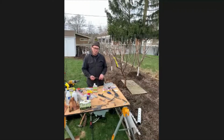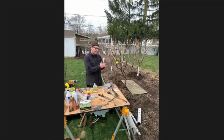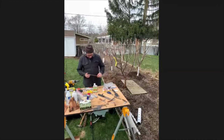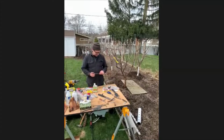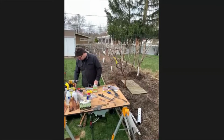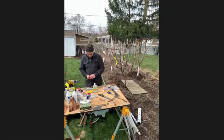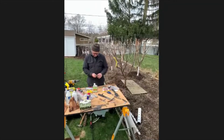The apples tend to be more responsive to the different types of rootstock. So, again, you can get rootstock that is going to dwarf the tree significantly, or you can go with a standard size that will still give you a 40-foot, 50-foot tall tree if you want. So this is a cherry stock, and this is Gisela. And what I'm going to do is I was able to source a type of cherry that originated in New York City,